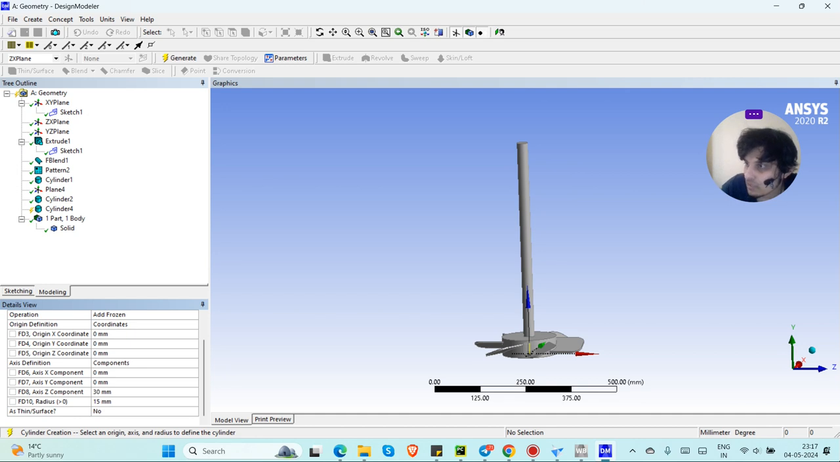Set operation to add frozen and set the following: origin X and Y are 0 and Z is minus 100. Let's be very careful about this because we have committed a mistake before. X and Y is 0 and Z is minus 100. Let me re-verify it. And axis X and Y is again 0 and